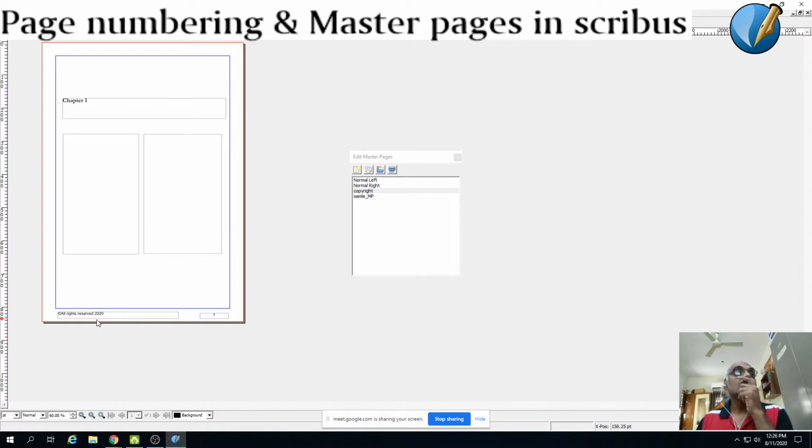So you can give out a copyright here. A copyright box can be created.